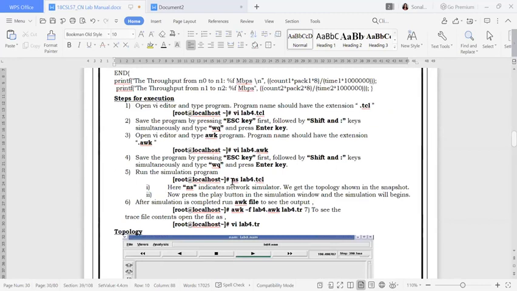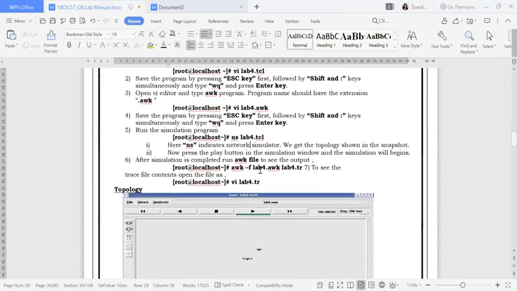Then we are going to run the program. What is the command to run the program? ns lab4.tcl. You are going to run the TCL program. Don't run the awk file, okay, that we will do afterwards. Because once we run this animation file, the data will be created and the packets will start to move. Then only the packets will go and be saved inside these fields. So this is our command to run your simulation program. Then you are going to run your awk file.